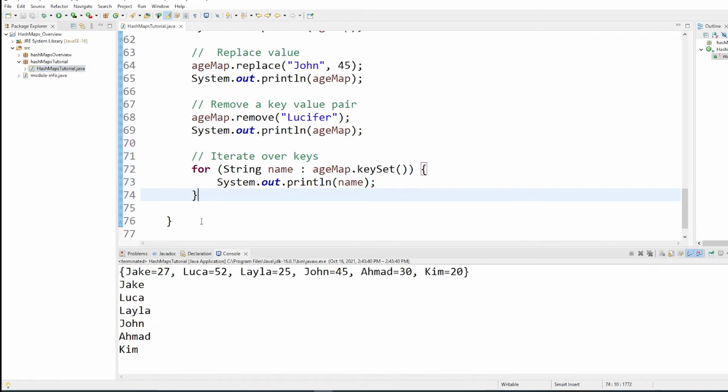All right, so then we have Jake, Luca, Layla, John, Ahmed, and Kim. So that's how you would iterate over keys. Now you can do some things with this if you want. You can make some changes. You can do who knows what. So let's go ahead and iterate over